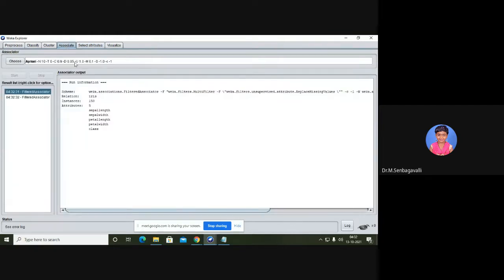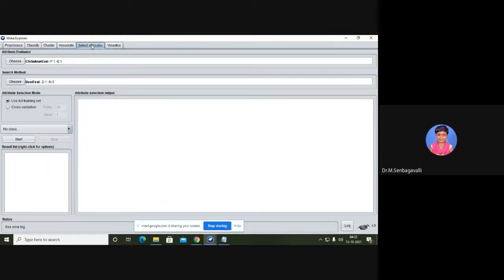It is not enabling. Try to do it in your system, and select attribute. If you want to select the attribute, you have to use best first.